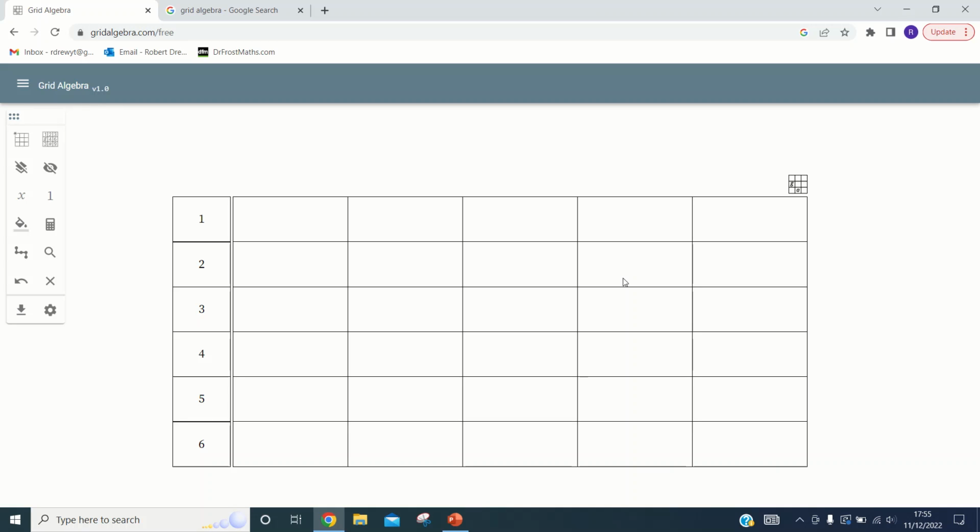Right, okay, so this video is going to be very different to what I usually do. I'm going to talk through this piece of software, which is called Grid Algebra, and it's something that I've used for the past month or two, and I think is just really good for teaching algebra to younger year groups. I've been teaching for a few years now, but never really had the chance to try this out because